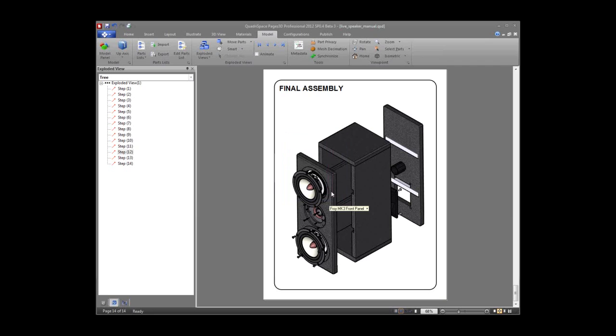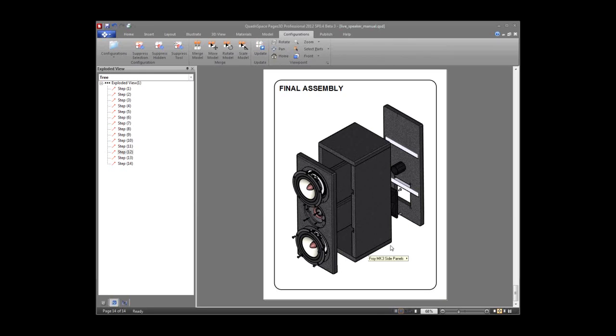Let's see, another question. When working with very large models, is it possible to break it up into sub-assemblies within Pages 3D? Another great question that I didn't necessarily address in this video, but that brings us into the realm of configurations. This model doesn't really naturally break into configurations so much. Maybe the cabinet could break into its own configuration. Let's just do that. So one way to do configurations is